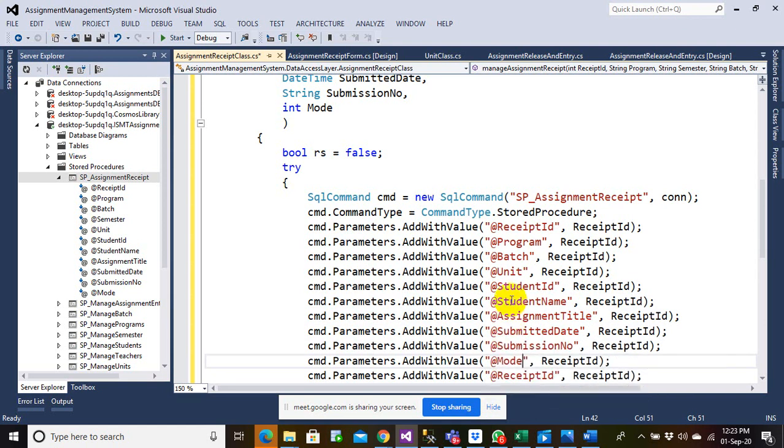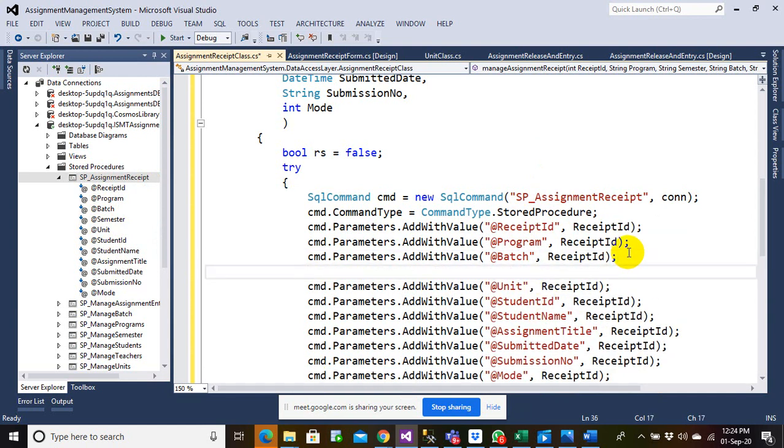I think 11 was there. Something is missing. Receipt ID, program, batch. Okay, semester is missing. Let me cut it, batch and semester, so I can put it here. Make it semester. Let me change this field. So this is receipt ID. This is program.